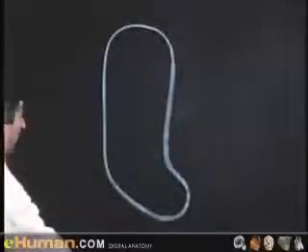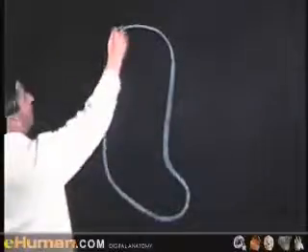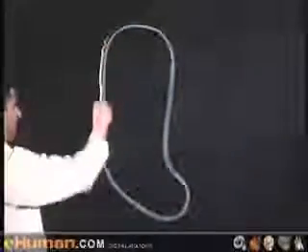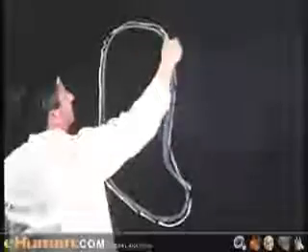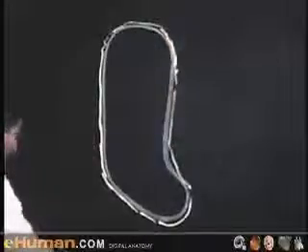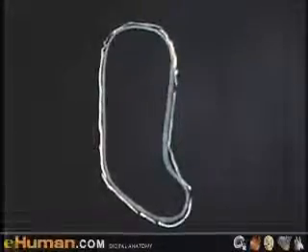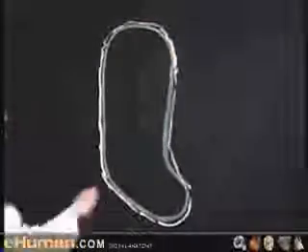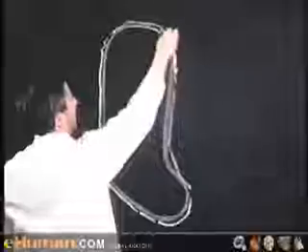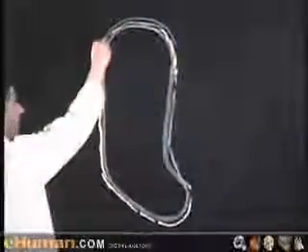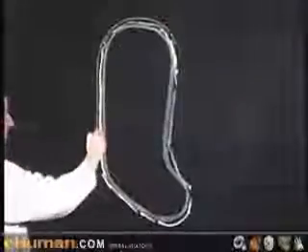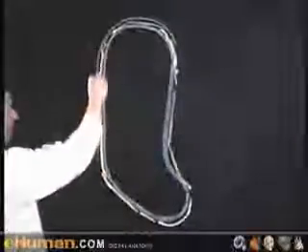Now, outside the parietal peritoneum, we have extraperitoneal fat, and I'll just indicate it in this manner, all the way around. And then outside that again, we have a fascial envelope. And the fascia will be named according to the muscle upon which it lies. So we have the diaphragmatic fascia lying on the undersurface of the diaphragm. When it comes down here, it lies on the posterior surface of the transverse abdominis, so we call this the